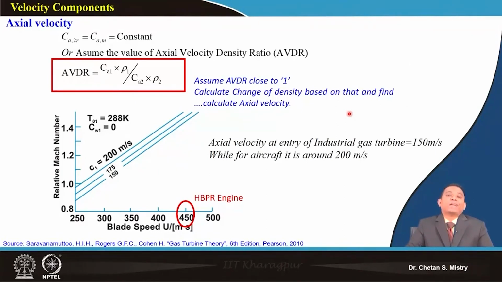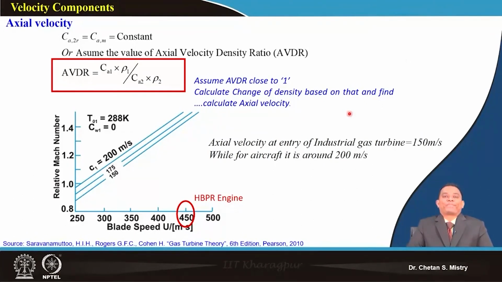And in order to address this issue, they have introduced this axial velocity density ratio parameter. In some of the cascade tunnels, people have kept some flow control mechanism like flow suction mechanism, some corrugation, on both the walls, and that has led to reducing this variation. Okay, so in many designs people are using this kind of concept also, that is called axial velocity